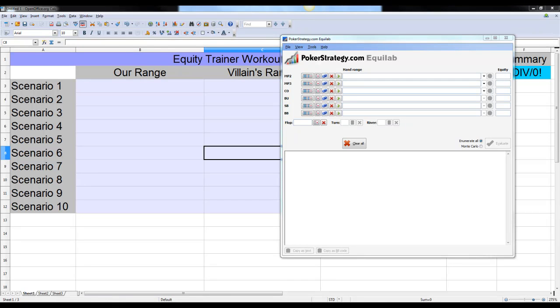Hey guys, in this week's strategy segment, I'm going over something that I call the equity trainer workout. What this is used for is to train you to estimate your equity versus an opponent's range on a given flop. The reason that this is important is because a lot of times, either in six max or in heads up, we're going up against